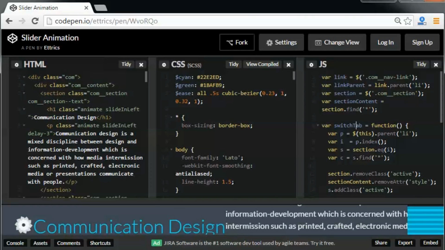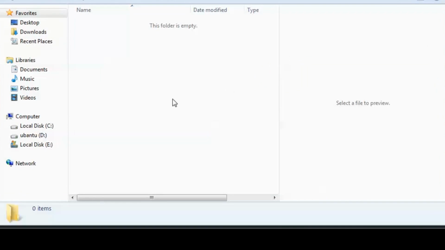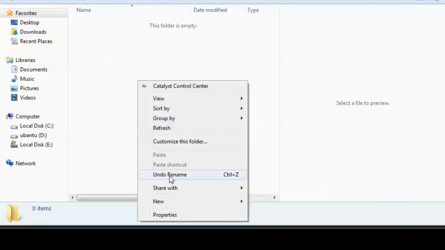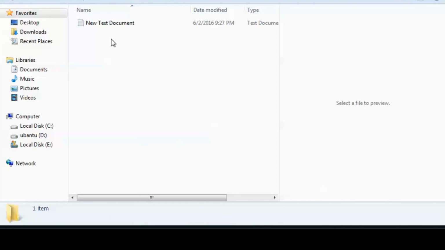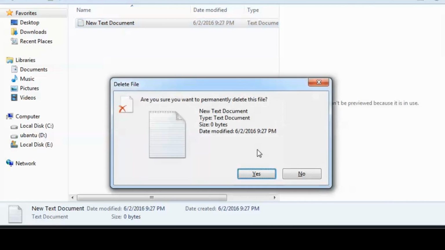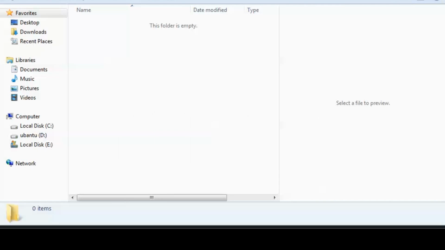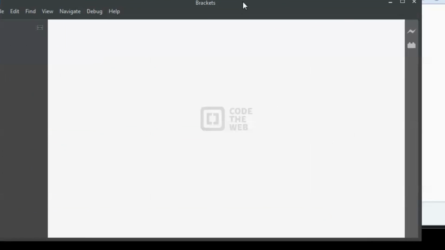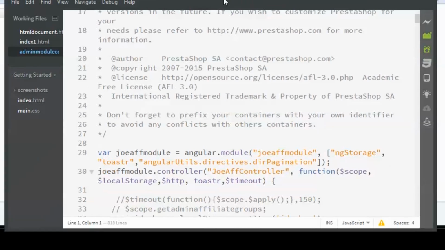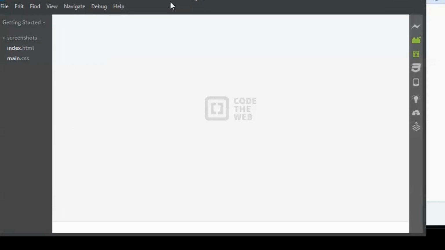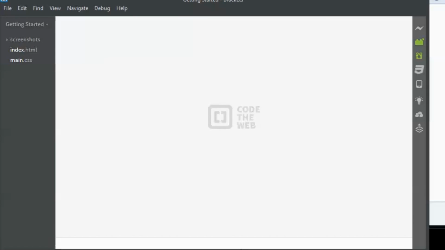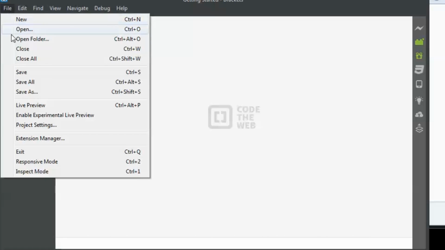What I'm going to do is go to my desktop once again. I'll open this folder and create a new text document. Actually, you can do this by opening Brackets right away. So here I open Brackets. These are all my old files. I'm not going to show you what I did in the previous video, you can check the previous videos out. Here I go to new,